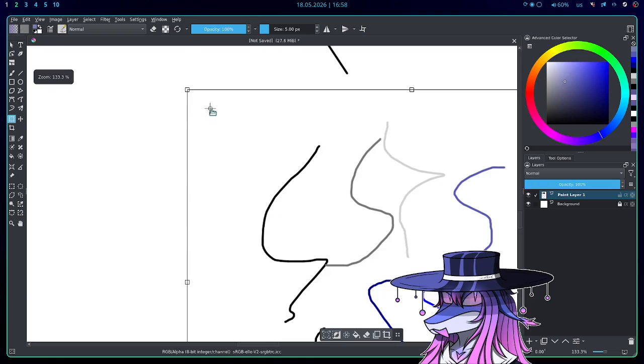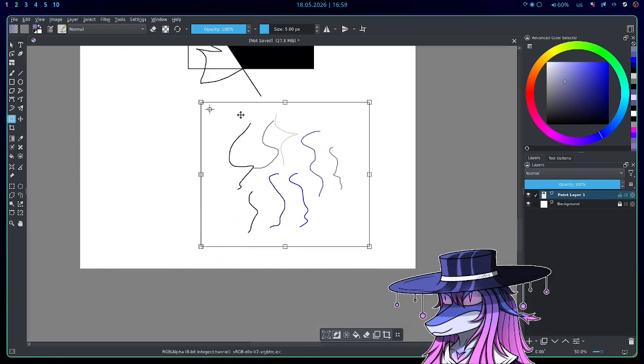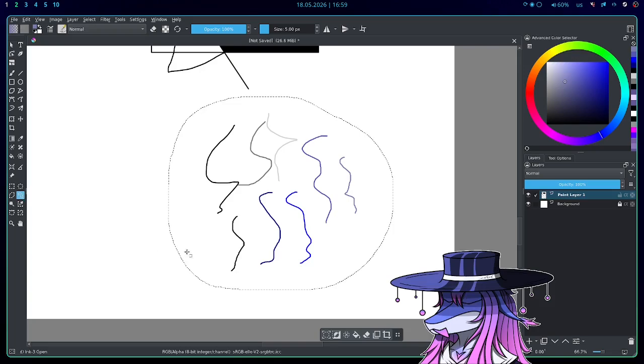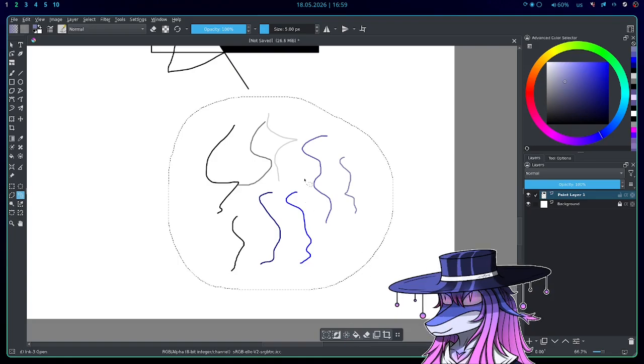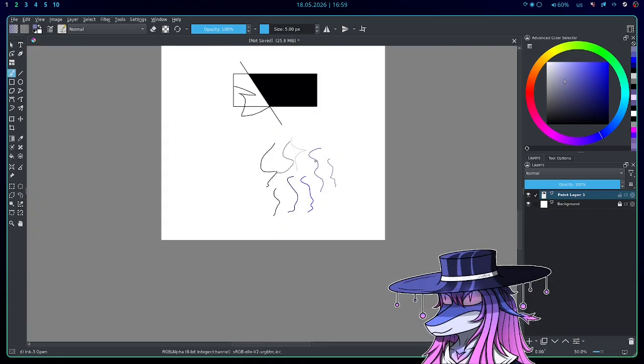Like it's attached to this point and you're just rotating it. So it's really useful. It helped me a lot. To clear the selection, there should be an option somewhere here. Here there is deselect, but you can just click with the selection once and it will deselect it too. So that's pretty nice too. Anyway,